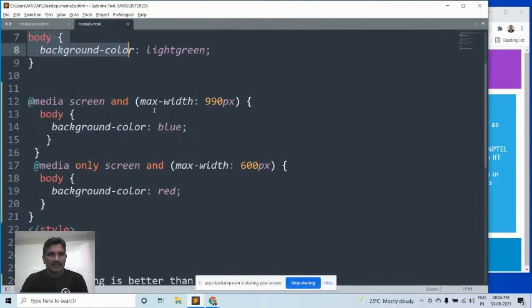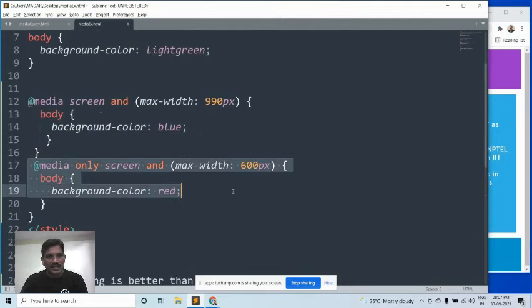When the maximum width of the screen is 990 pixels or below, the background color should be changed to blue. The condition is that the screen maximum width is 990 pixels and below, and then the background color changes to blue.